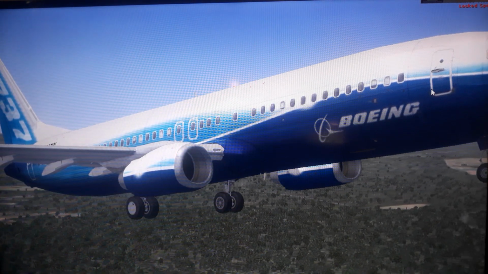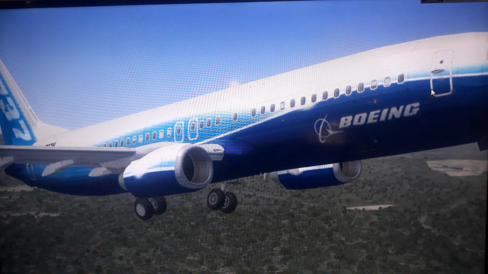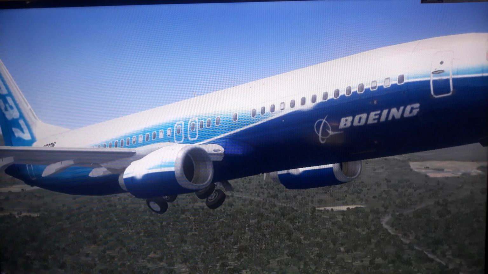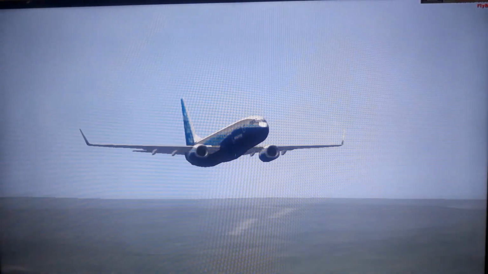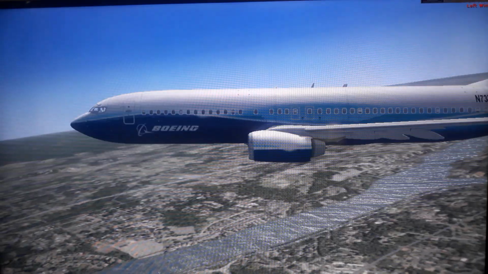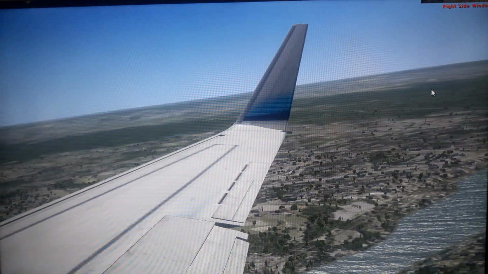I put the landing gear up. Pull the flaps back.